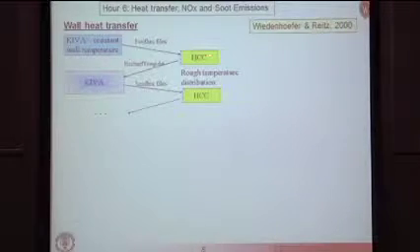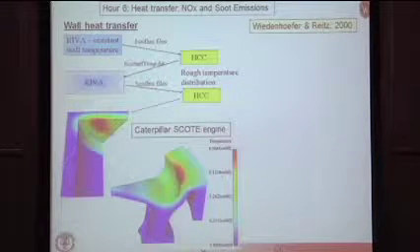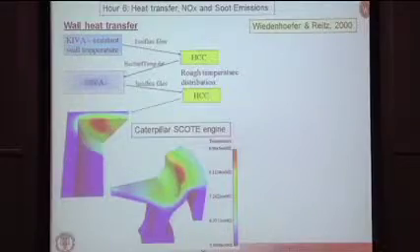We use that then in our heat conduction and components code. This gives us new surface temperatures, which we then feed back to Kiva. We go through an iteration here, and typically, this converges in about 3 or 4 iterations. So it's not a bad process. And at the end of the day, you then have spatially varying surface temperature boundary conditions, which are much more accurate than just assuming, say, a piston temperature or a